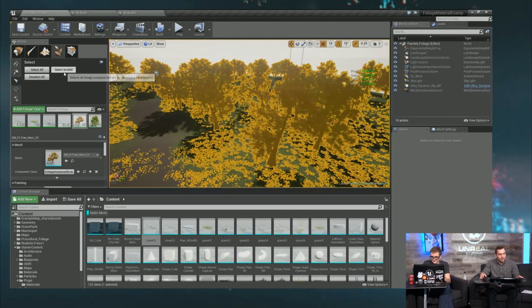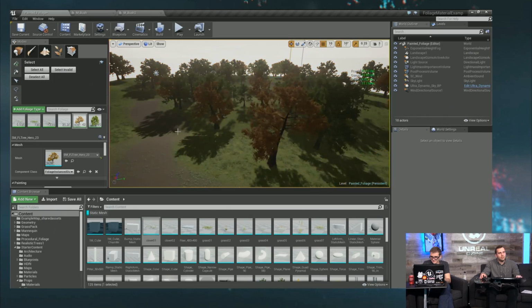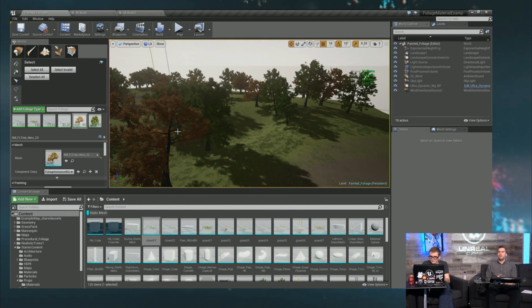Now select invalid. Basically, and I learned this, you'd be proud of me, Alex. I opened up some code. Oh my goodness. Yeah, Doug, shout out to Doug Wilson. He helped me out last week. I had a question, and they were like, well, what makes foliage invalid? And basically, the short answer is an invalid foliage is anything that is not intersecting, basically hasn't been painted on a surface. It might have been painted, but if I were to, watch this,